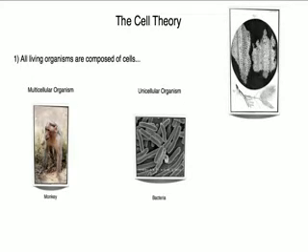Now we get multicellular organisms and unicellular organisms. I've taken an example of a monkey for a multicellular organism, and all this means is that these organisms are composed of many cells, multiple cells. And then we get the unicellular organisms, which means that they are composed of only one cell. The example I've taken here is bacteria. So here we see many bacteria, and this is one cell, one bacterial cell.